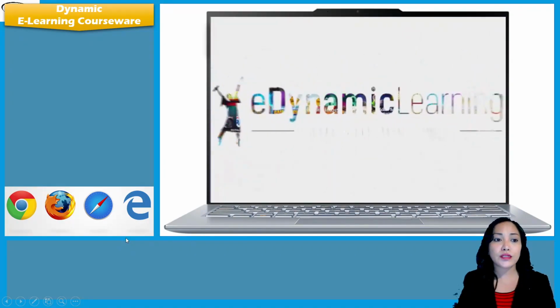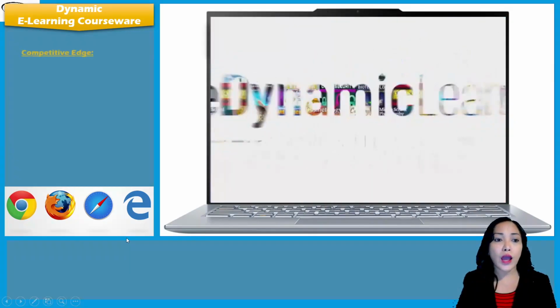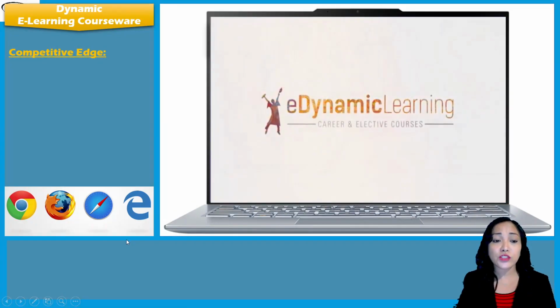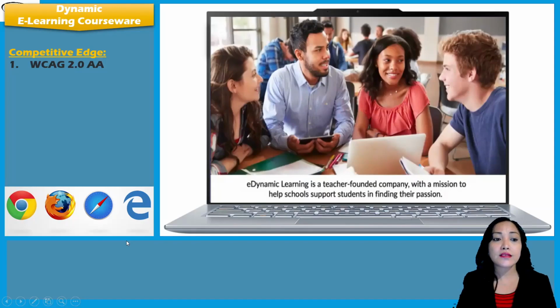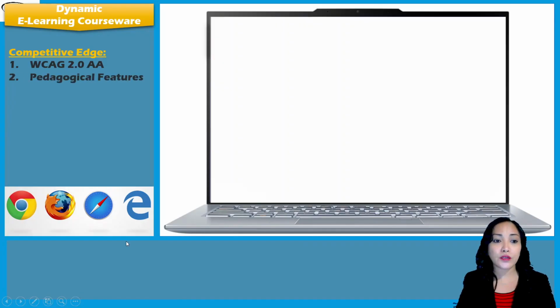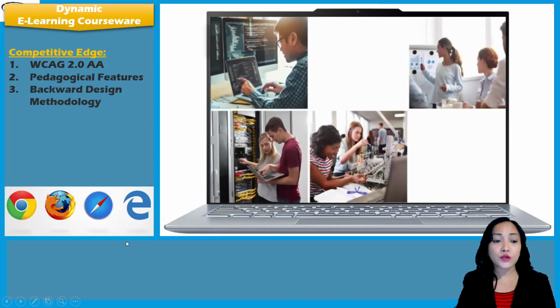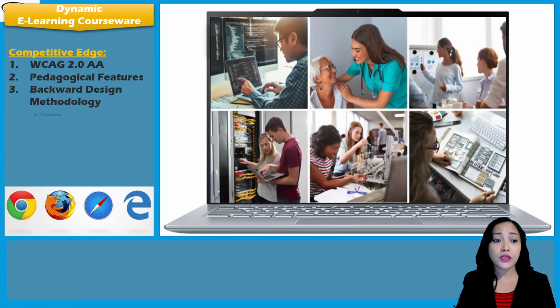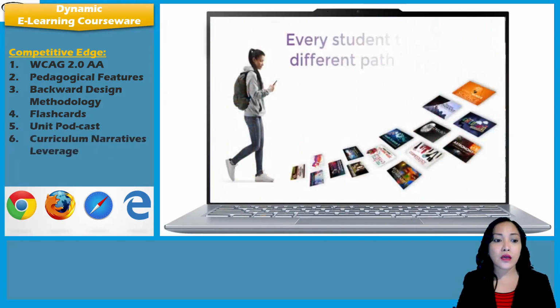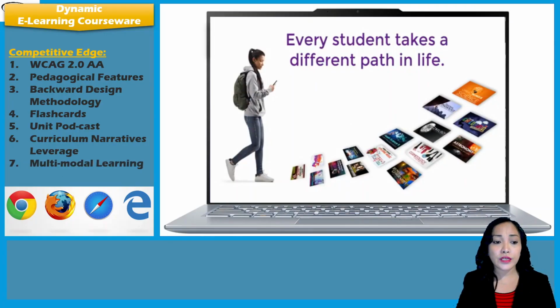Turning over with the dynamic e-learning courseware, I have to give you the competitive edge of this software. It has WCAG 2.0 AA. It uses the pedagogical features. It uses backward design methodology. Also, it uses flashcards, unit podcast, curriculum narrative leverages, the multimodal learning, and then lastly, it has the complete CTE